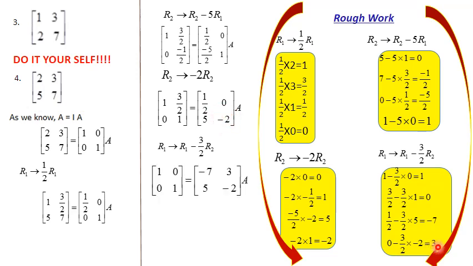Final answer is 3. So come to the conclusion. Left side, we are happy to see the 1001 identity matrix, that is equal to the right side. First row changes here, minus 7 and 3. Second row no change, 5 and minus 2, into A. So A matrix into something is equal to the identity matrix, then that something is called the inverse. So the inverse of the given matrix A is equal to minus 7, 3, 5, minus 2.